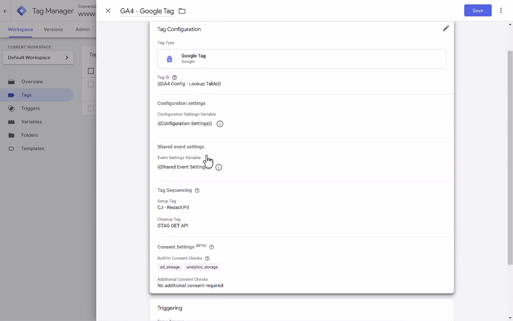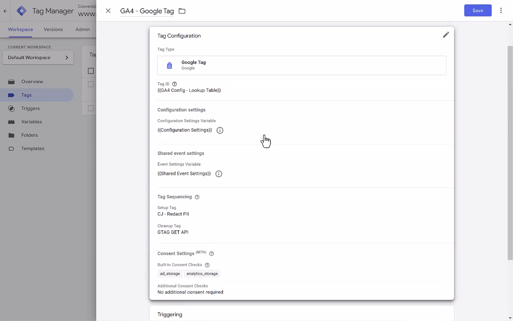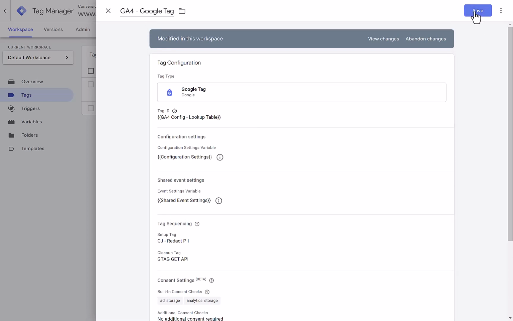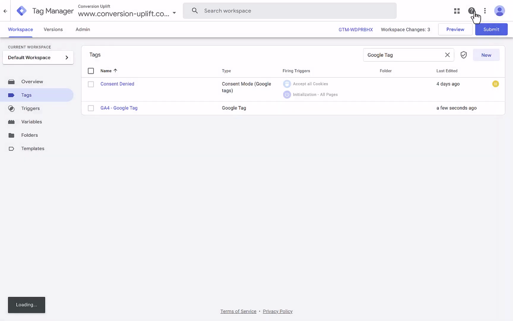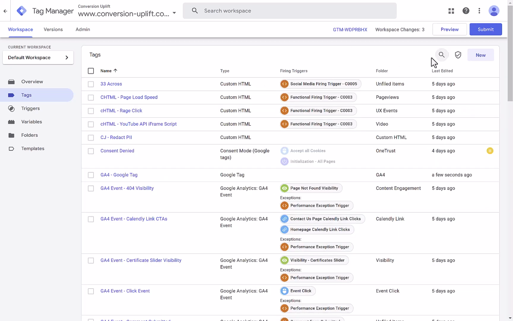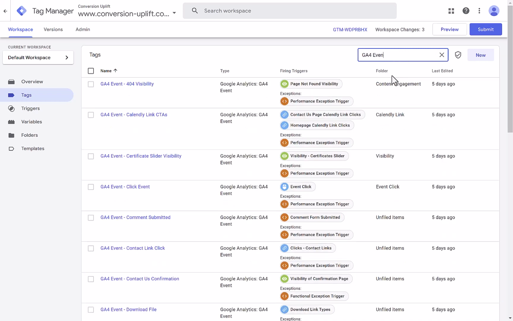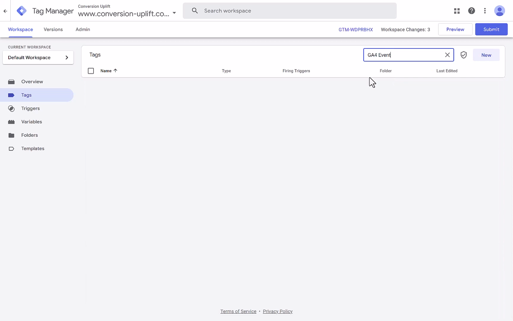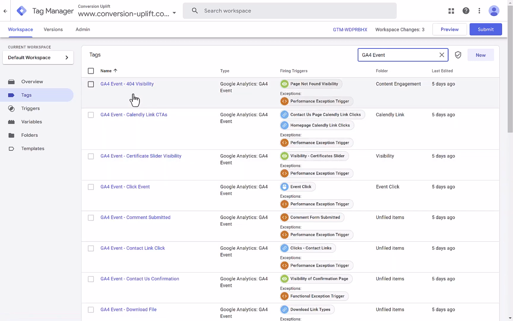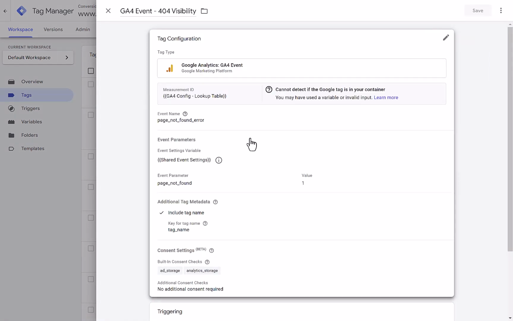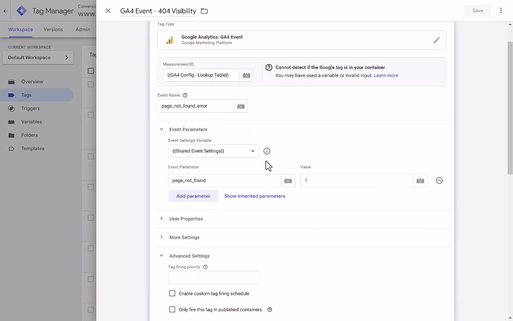Now that we've added both variables to our Google tag, we can now save the Google tag, and we can look at individual events and how we can configure those differently now that we've got the Google tag. So let's search for our GA4 events. Okay, we call all our GA4 events GA4 event. We start with that prefix, so it means it's easy to find them. So the first one here is the 404 visibility. So we click into the individual events, we can now click into the tag and we can add the shared